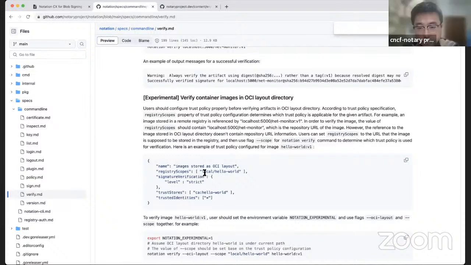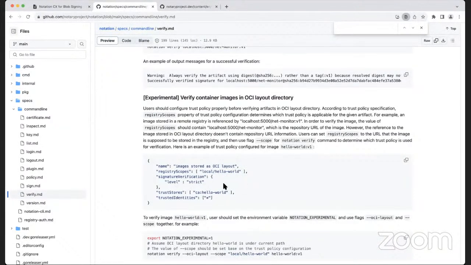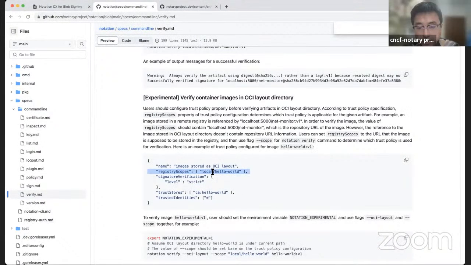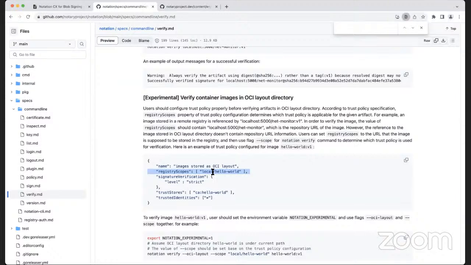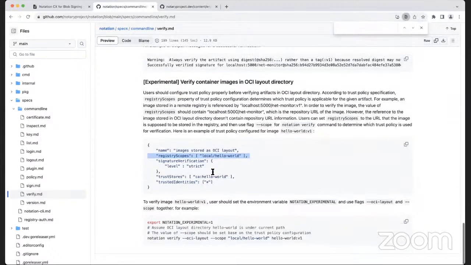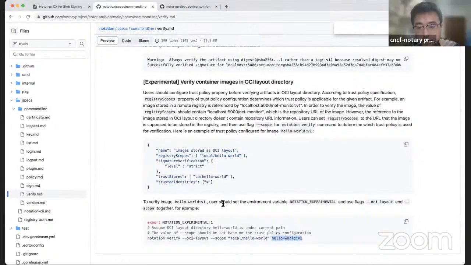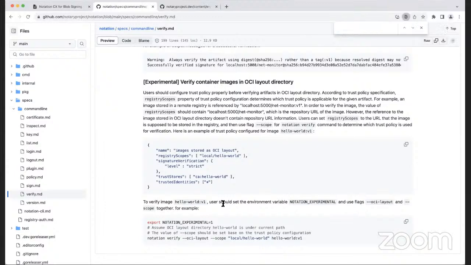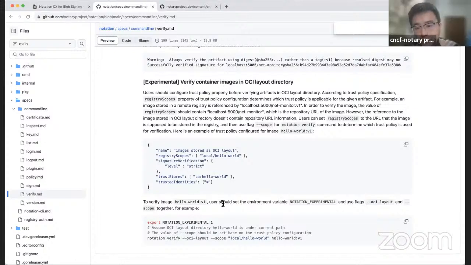No. Okay, --scope is just referring to this policy. Yes. Oh, okay. Then what is hello world v1? It's a local image in OCI layout format. It's a directory. The hello world is a directory. Oh, okay. Yeah, in that case, it should use name.